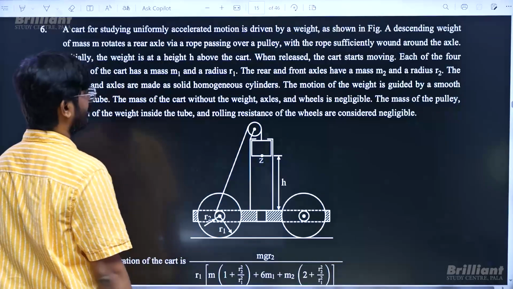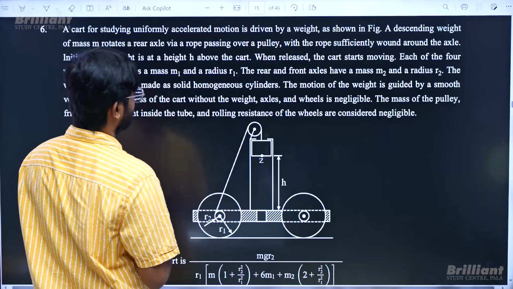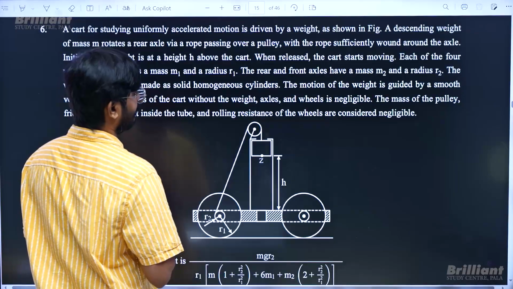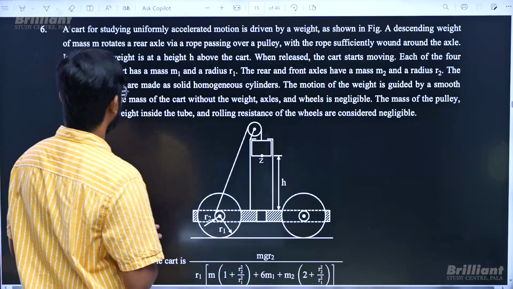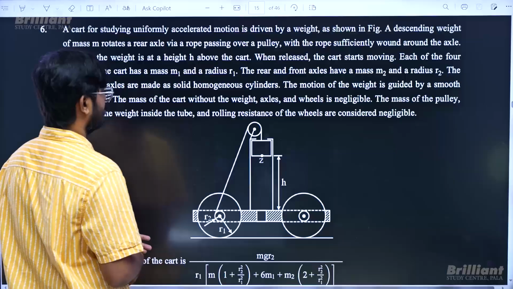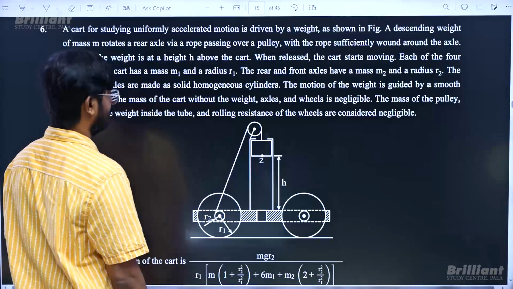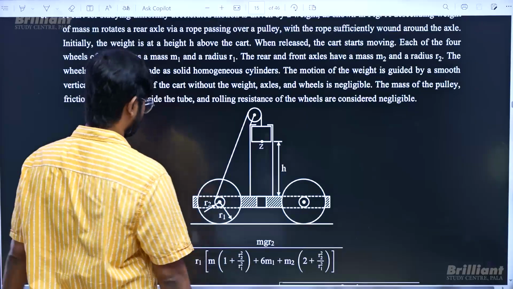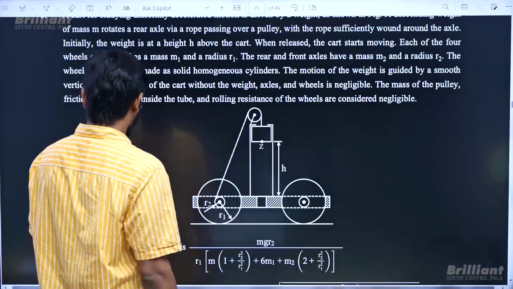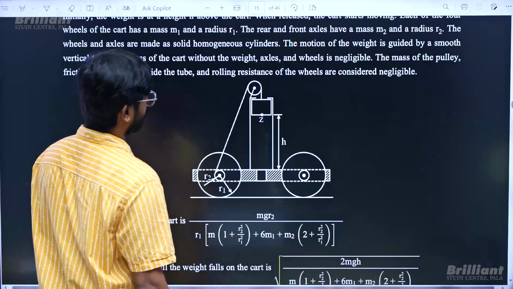The mass of the cart without the weight, axles and wheels is negligible. The mass of the pulley, friction of the weight inside the tube and rolling resistance of the wheels are considered negligible. That is, internally there was no resistance which is going to take up the energy. Now, once we understand that,